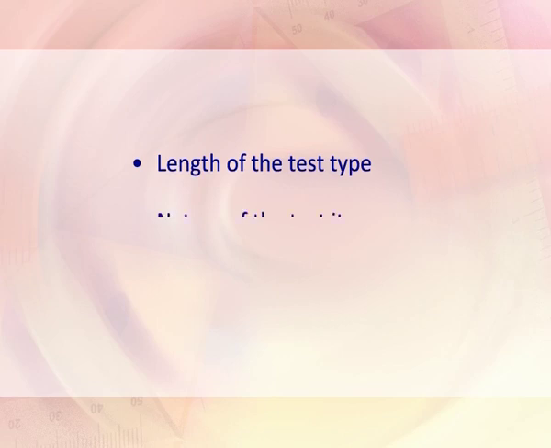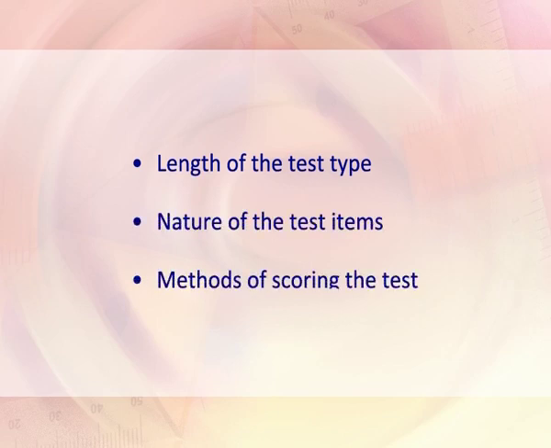Planning of the test includes a detailed set of specifications in view of the purpose of the test and the time, cost, and sources at the disposal of the researcher or test maker. The nature of the population for which the test is to be constructed has to be defined clearly. The length of the test, type and nature of the test items, and methods of scoring the test are also some of the basic considerations which are to be planned in advance.